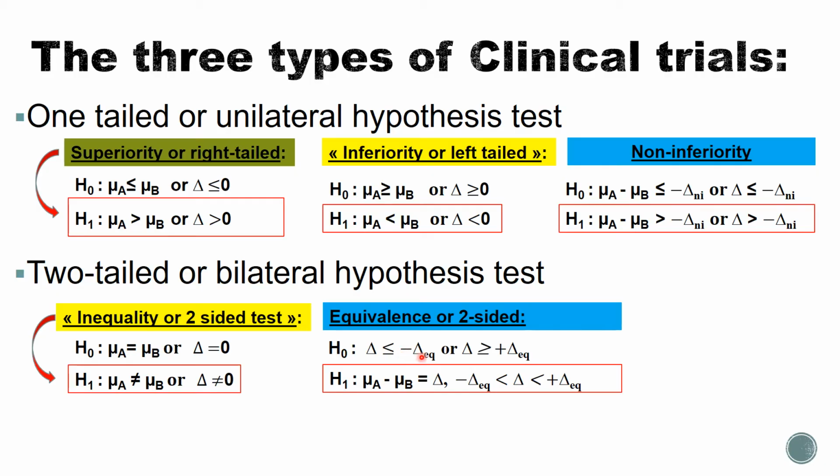inferiority threshold should be, in other words, the difference should be what? Less than or equal to the inferiority threshold. The difference should rather be less than or equal to what? The inferiority threshold. That's what that means. Here we are trying to say that the difference is less than the superiority threshold, then what it means is that the difference in the null hypothesis should rather be what? If it's less than here, it should rather be greater than or equal to what? The superiority,